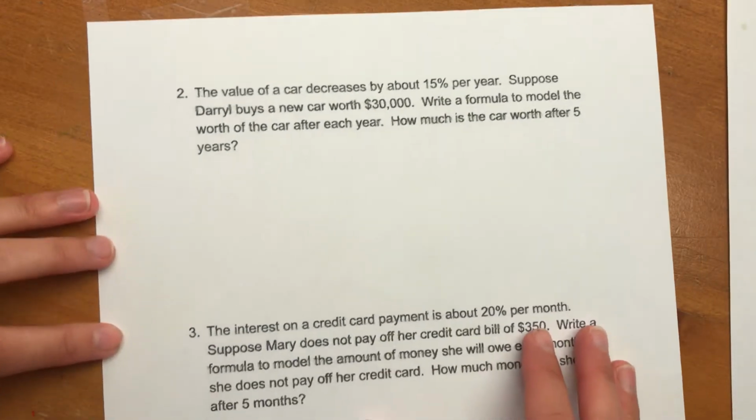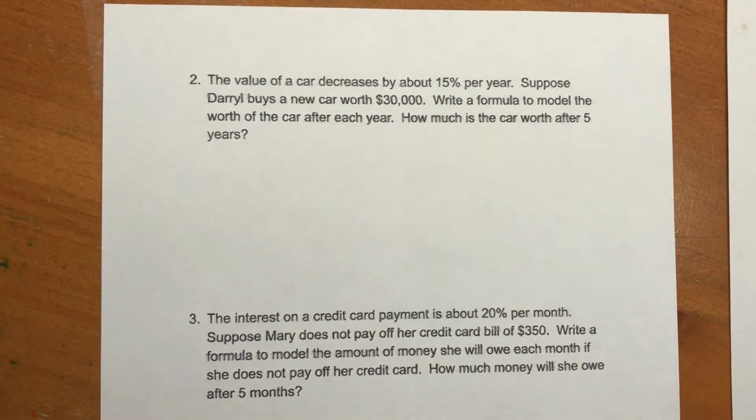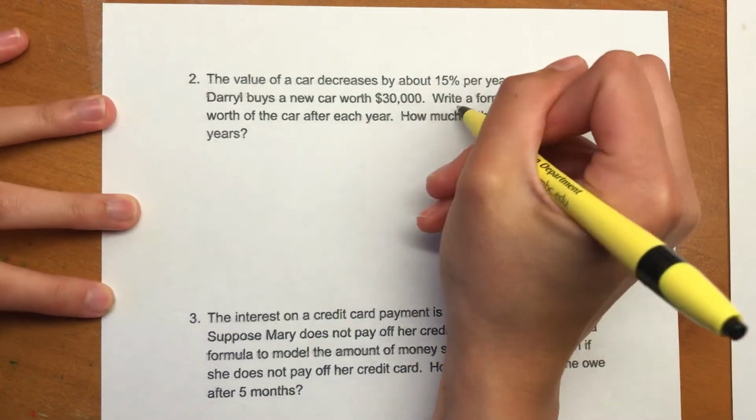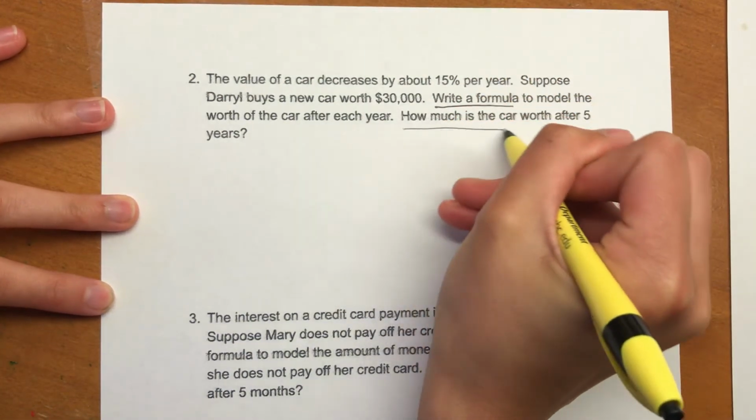Example number 2. The value of a car decreases by about 15% per year. Suppose Daryl buys a new car worth $30,000. Write a formula to model the worth of the car after each year. How much is the car worth after 5 years? Okay, so first we need to write a formula, then we're going to figure out how much is the car